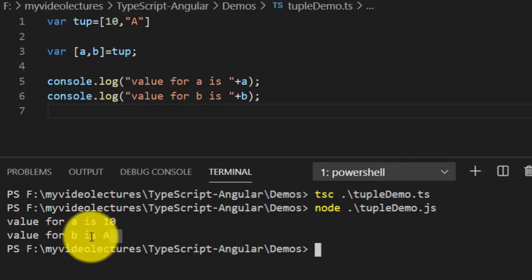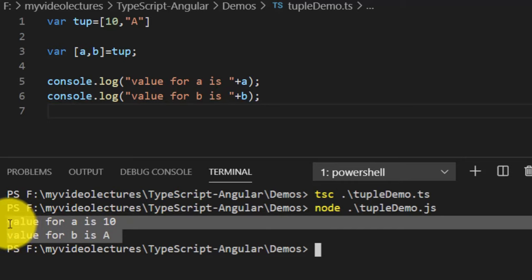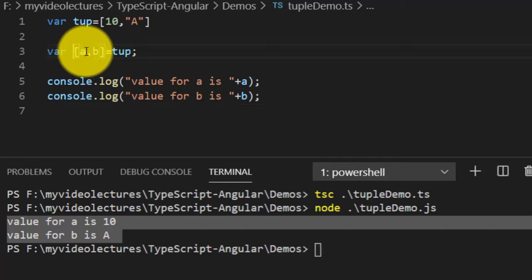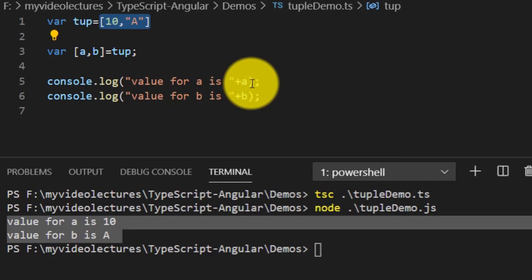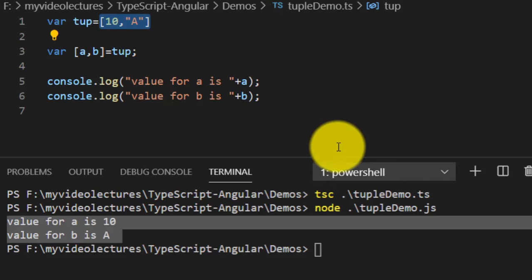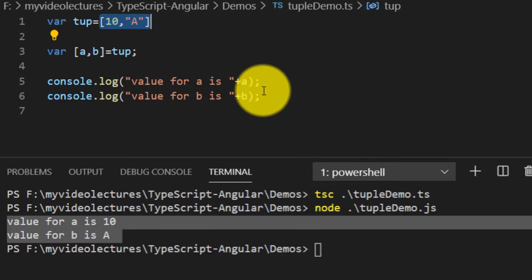So destructuring of the tuple is possible. You just mention the list of variables, depending on how many elements are available in the tuple, and according to that you can do the destructuring. Any doubt, you can make a comment on this. Thank you.